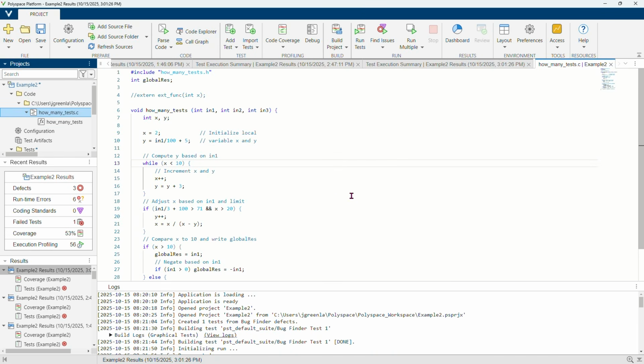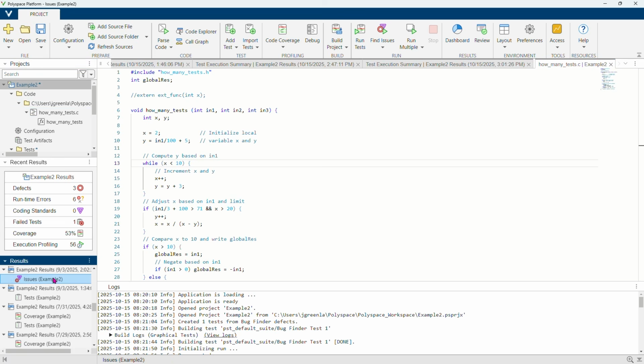So this is our Polyspace platform. Let me point out a few different areas of the platform. You'll see on the left here we have our project pane, and we can see the source files that we're operating with. You can see across the top that we have our menu bar, and in this menu bar we have the capability of adding source files, parsing the code, and running tools like Bug Finder and Code Prover on this code. In this case, we've actually run a Bug Finder analysis, and we can jump into that analysis, and